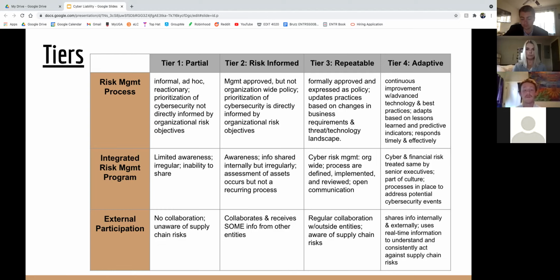Then there's Tier 3. Tier 3 companies have implemented strategy that is management approved to protect them from cybersecurity. The implementation is company-wide and very descriptive. They understand their place in the grand scheme of things and share information regularly with other companies they do business with to better protect themselves and others.